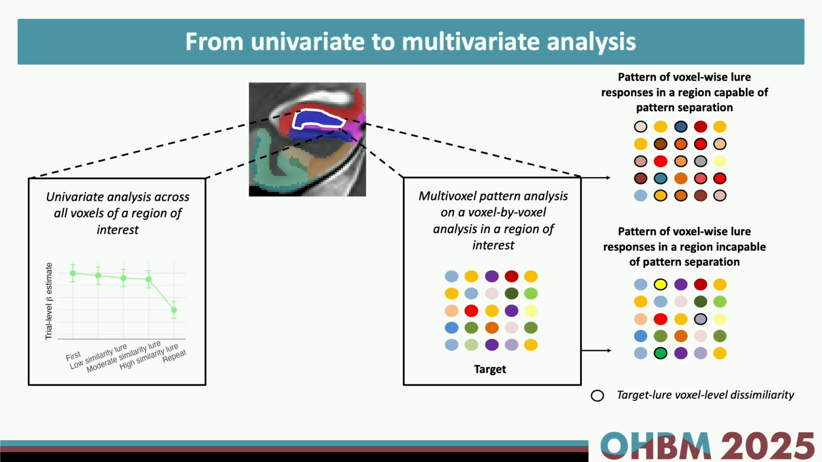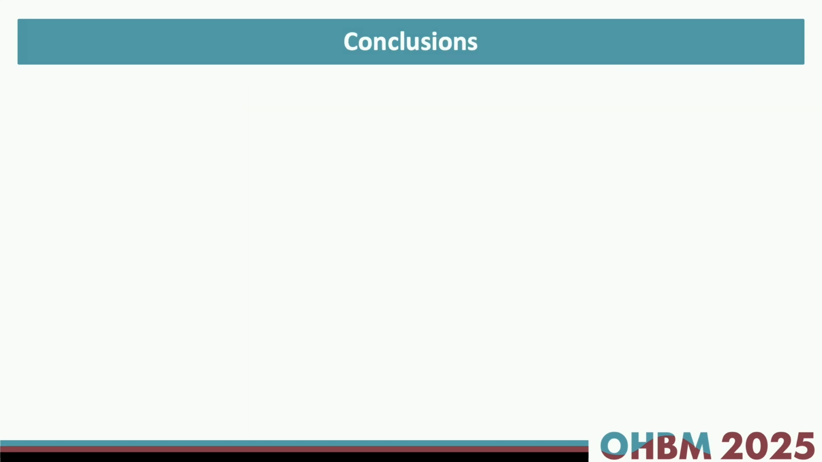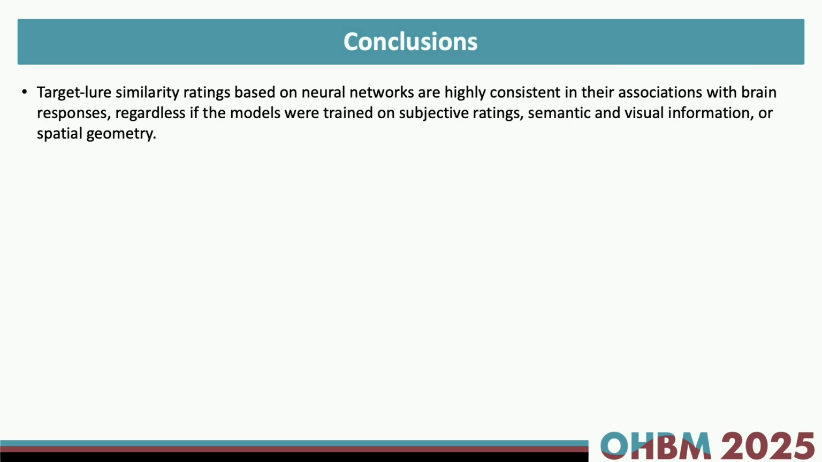And our very preliminary data show that indeed the dentate gyrus does show this pattern, even in the multivoxel analysis, where it is capable of showing more dissimilar neural patterns of targets and lures, akin to what we would expect in pattern separation. So to conclude, target-lure similarity ratings based on neural networks are highly consistent in their association with